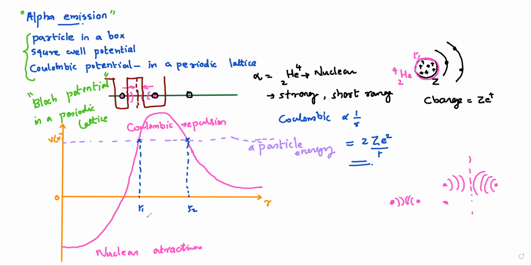So up to R1, there is nuclear attraction. Beyond R1, it starts to be Coulombic repulsion, and the maximum limit is up to R2. That means, let's consider R is a point between these, so R1 less than R less than R2. That is our potential well, or this is our Coulombic